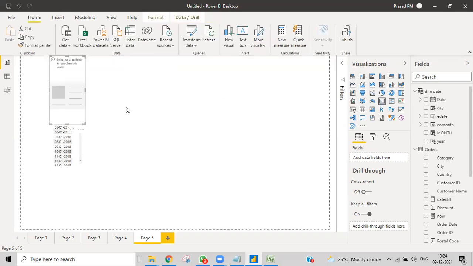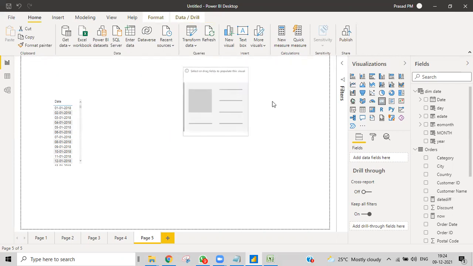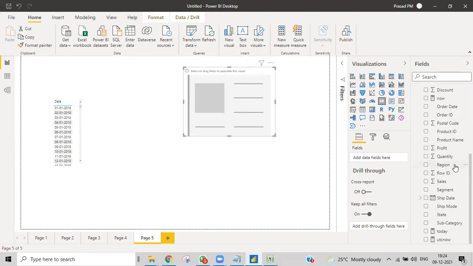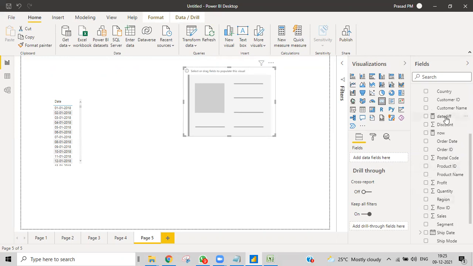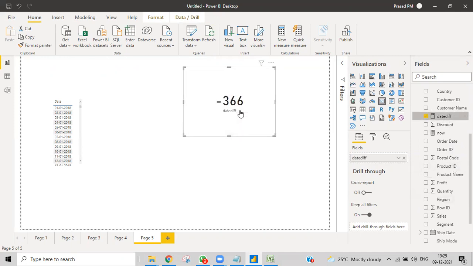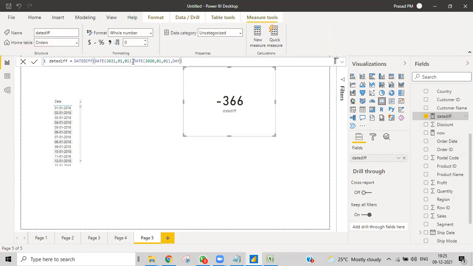What is that? So it's minus 365 because we have given the dates in the wrong order. It should be 2020 first, and then here it is start date and end date. The start date should be first, then the end date will be second.